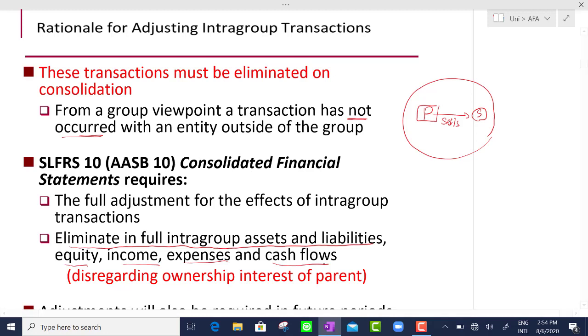Now you can see, disregarding the ownership interest of the parent. Meaning, even if the parent holds less than 100%, the full elimination should be done. Let's say the parent owns 75% of the subsidiary company. Right? But still you have to make the full elimination of the intergroup transactions,